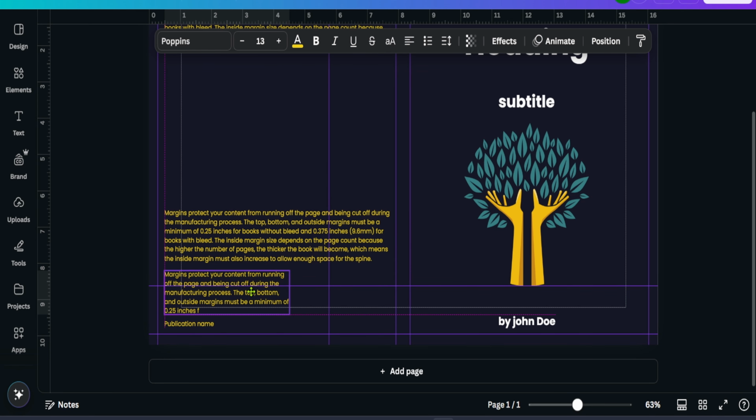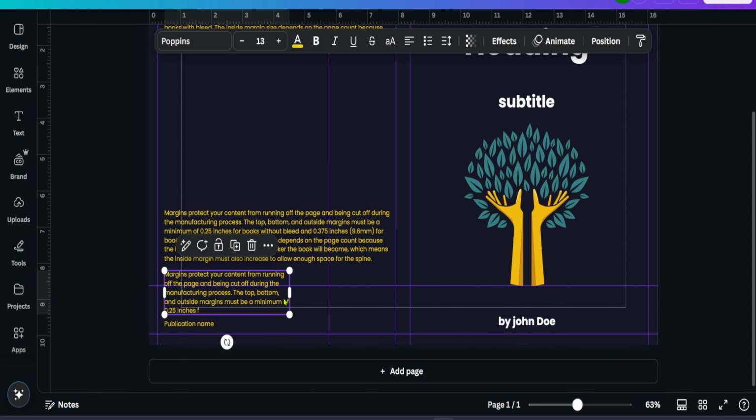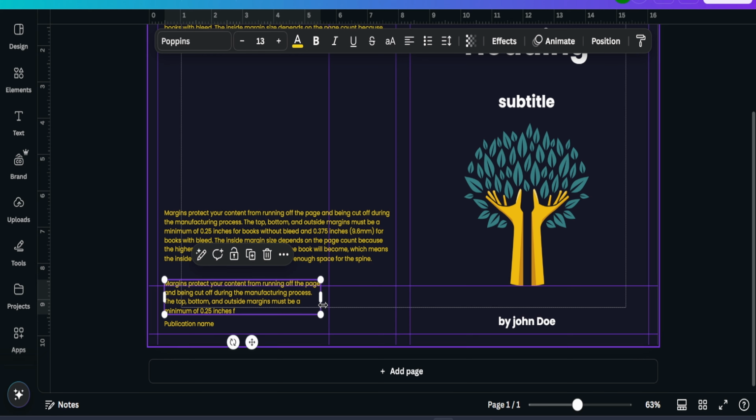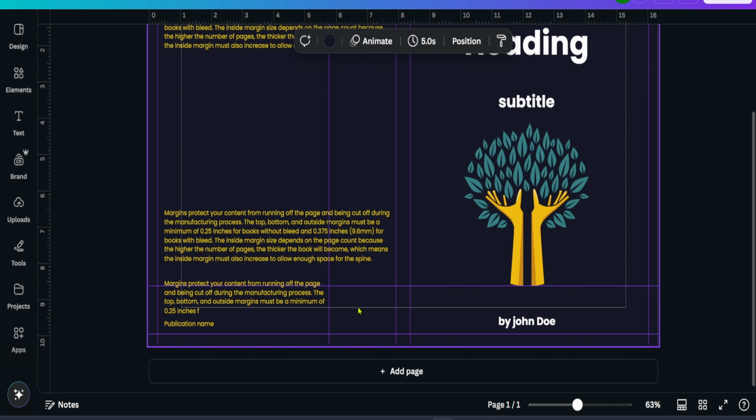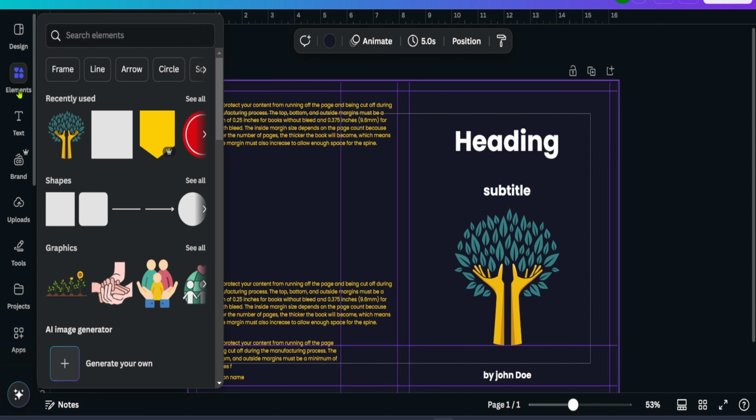But most of the time this much amount of text is not required. Just for the sake of example, you can push it till here as well if you want. Just keep it outside the margin. So this is how the book is created. Now what things can go beyond these margins is something like